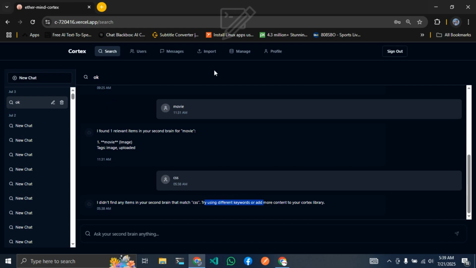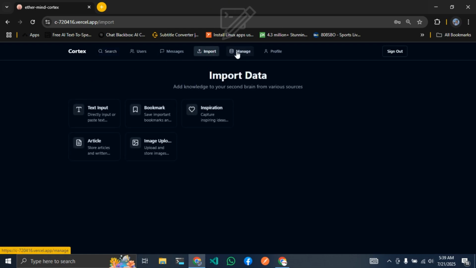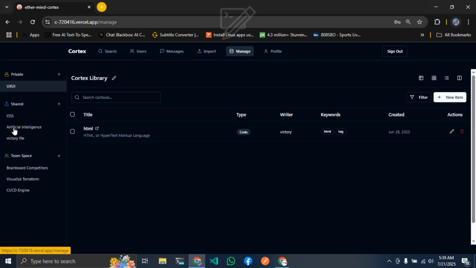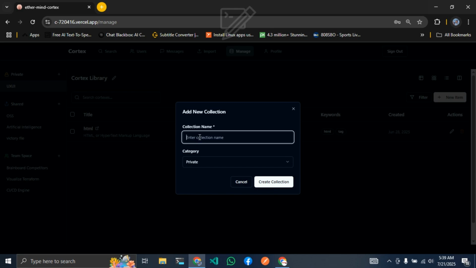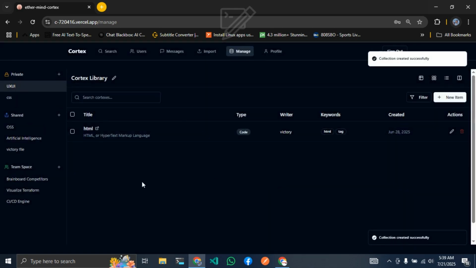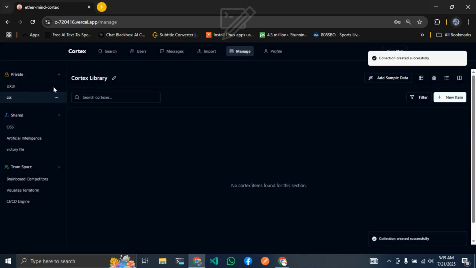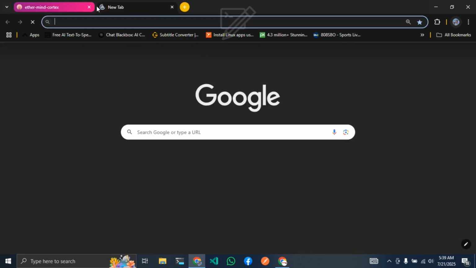Then I want to go and add something about CSS to it. So I head over to my manage tab, hover over there, and I create a new file. The new file will be CSS. I created a new collection name, then I'll create it. Then I went to my browser and searched for